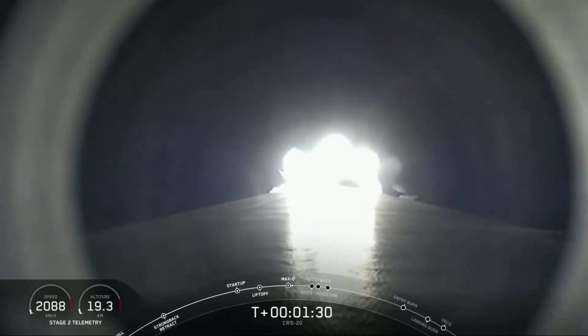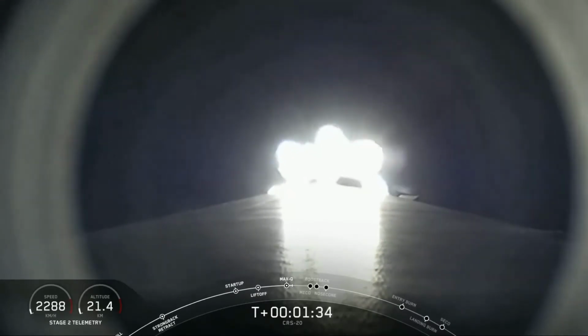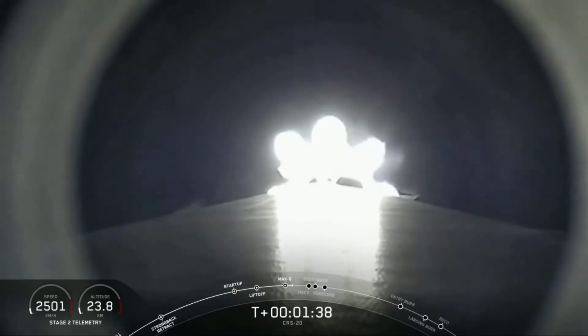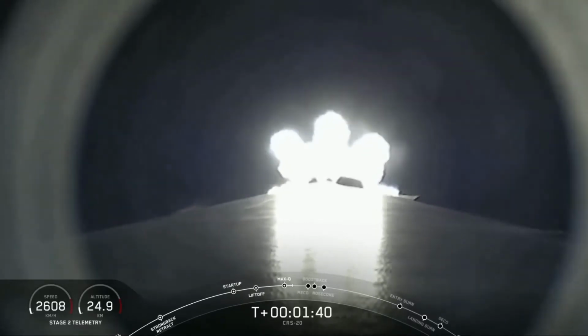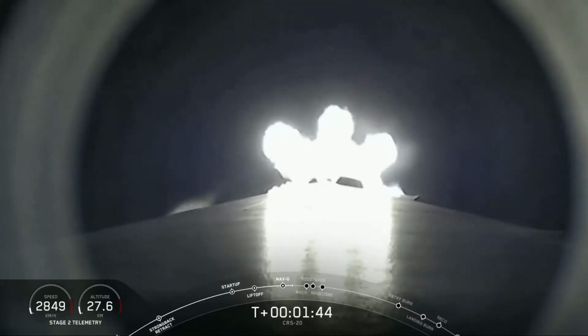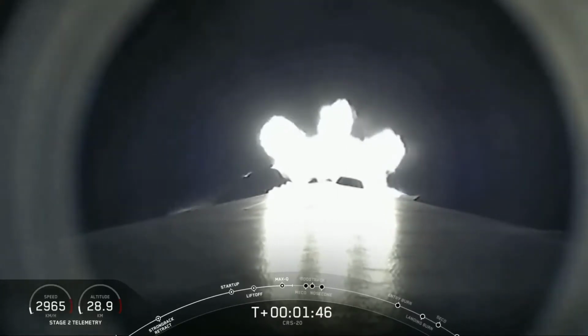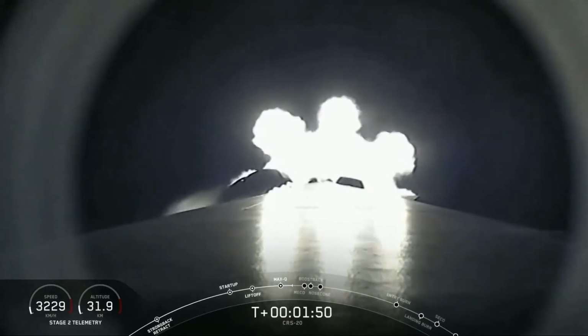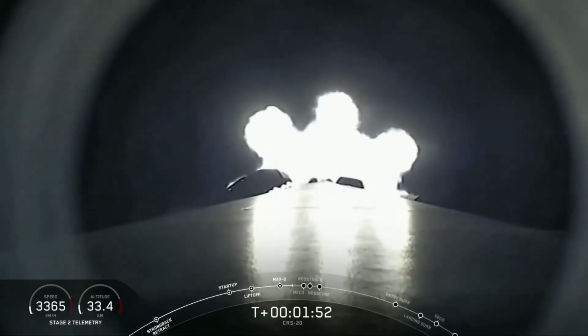Coming up next, there are 5 events that will be happening in rapid succession. Main engine cutoff, or as you'll see in the event tracker on the bottom of your screen, MECO. Then stage separation, second engine start, or SES1, followed by a boost back burn of the first stage. Starting with MECO, this is where all 9 M1D engines on the first stage are